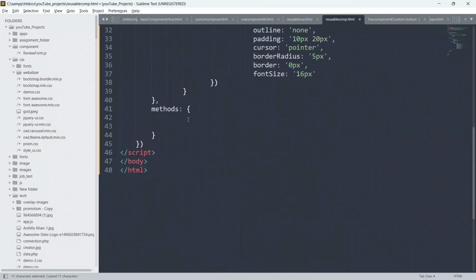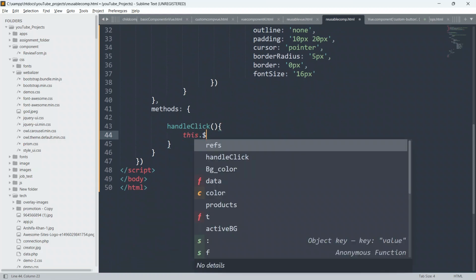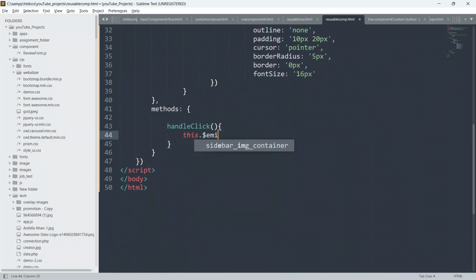So copy this and paste it inside, and give open and closing parenthesis and open and closing curly braces, and we will say this.$emit, and we will run a custom function, which will be buttonClick.